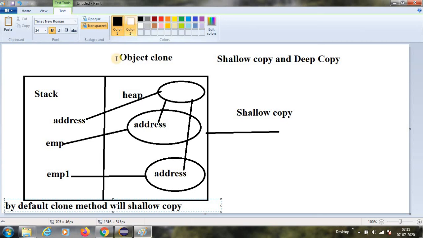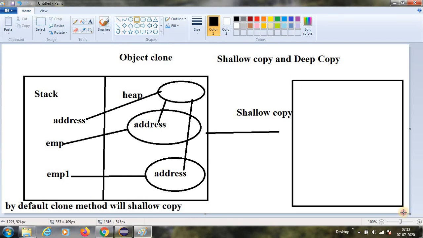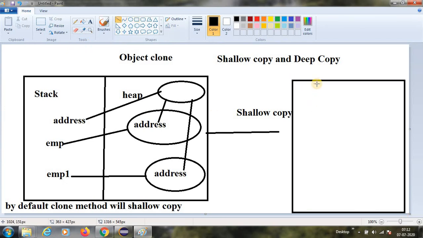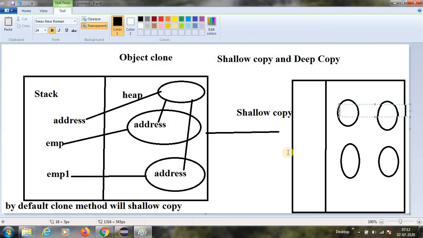So what we have done here is, I'll quickly draw. So this is my stack and heap. Sorry. Till here, this is a stack. Inside this, we are creating an employee object and an address object, and then one more address and employee.